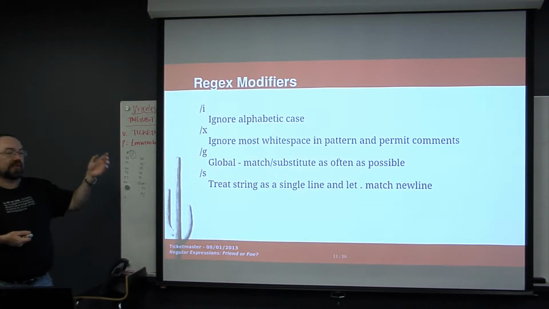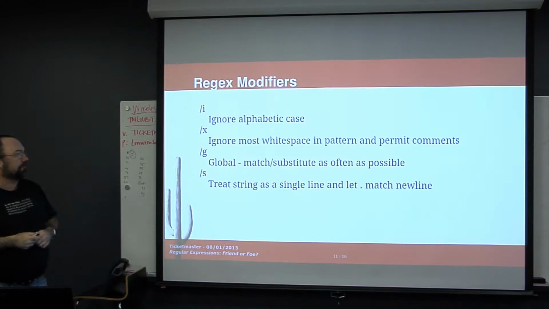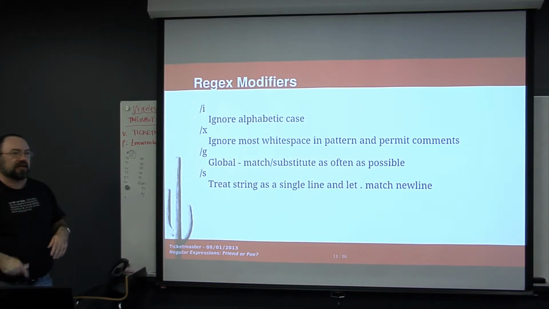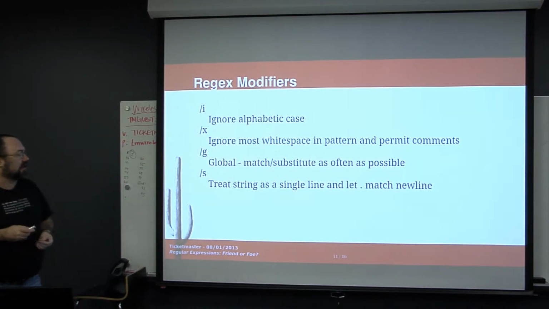And that's why it ignores white spaces and comments, because obviously if you're putting it on multiple lines, we already learned multiple lines are white space, right? And then the # is the Perl comment character. So it'll ignore everything to the end of the line after a comment. So that way you can comment every single line in there and tell exactly what every part of that regular expression is doing. Like I said, I'll hit that more in the next talk. Just didn't have enough time for it here.